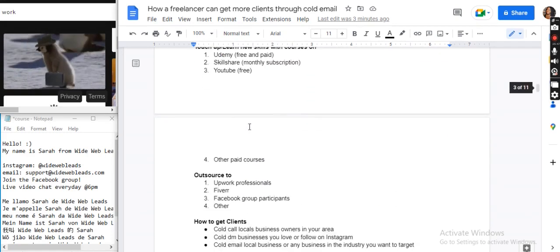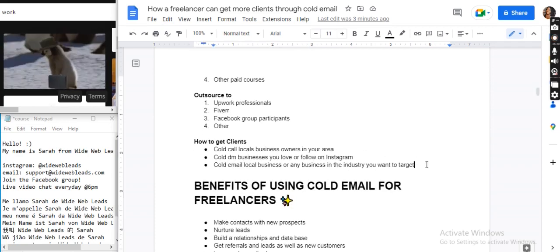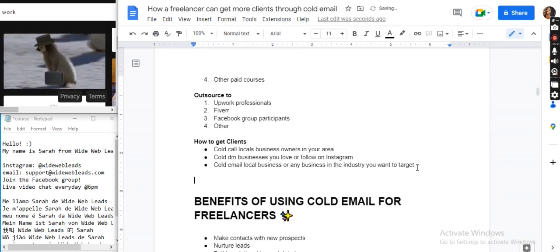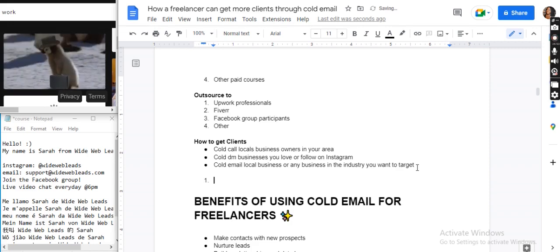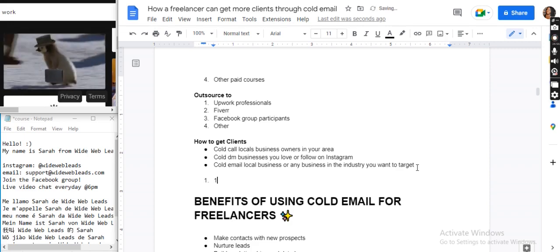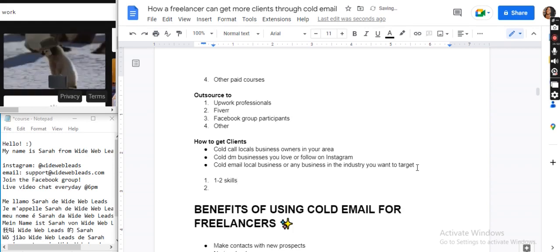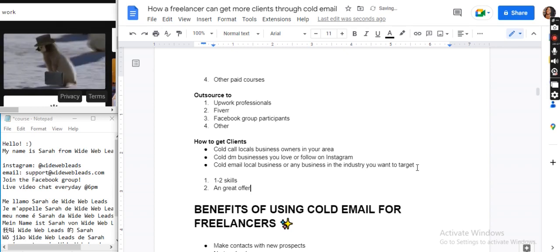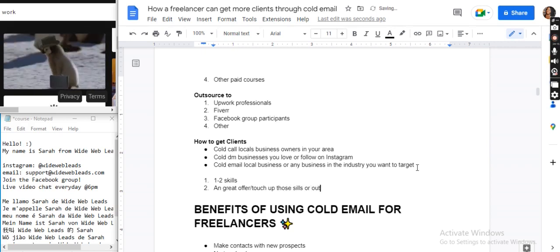just say that the only thing that you need if you're a new business is one, you need your skill. One to two skills. You need an offer. Or touch up on those skills. Or outsource.